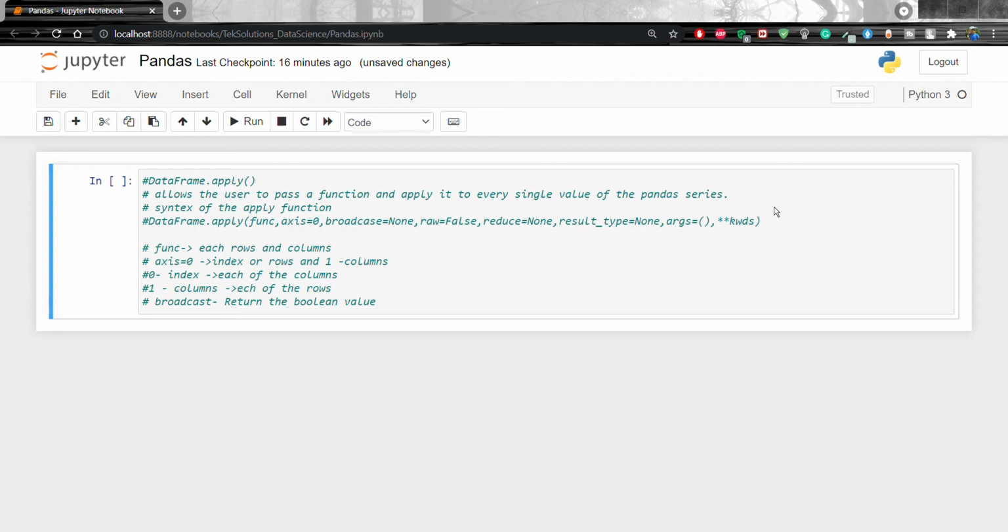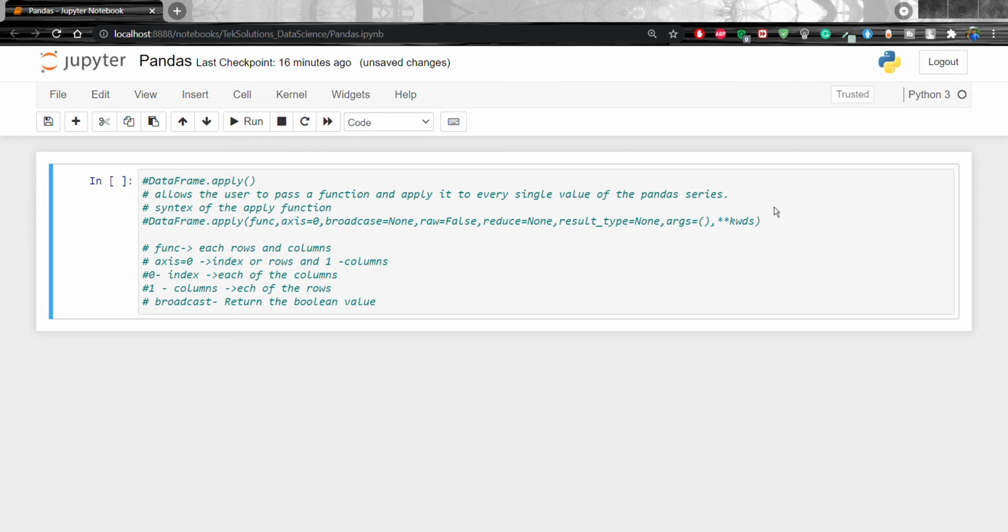The next one is raw. It takes boolean values; here we can pass False or True. What will False do? It passes each row or column as a Series to the function.